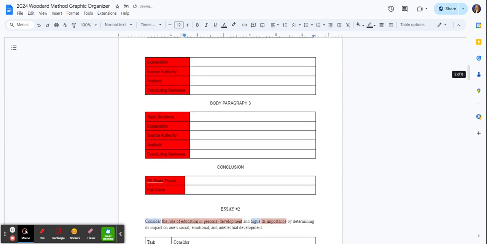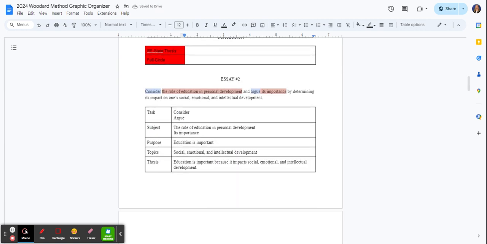organizer. We go down to the next essay: consider the role of education and personal development and argue its importance by determining its impact on one's social, emotional, and intellectual development. So this prompt has two tasks, consider and argue, and as a result, there are two subjects, the role of education and personal development and its importance. So what we need to do is figure out what our purpose is going to be. We don't know what our purpose is going to be because we haven't figured out what our topics are going